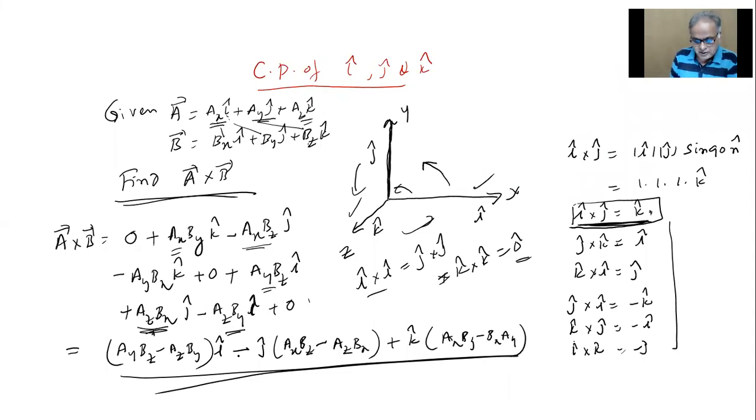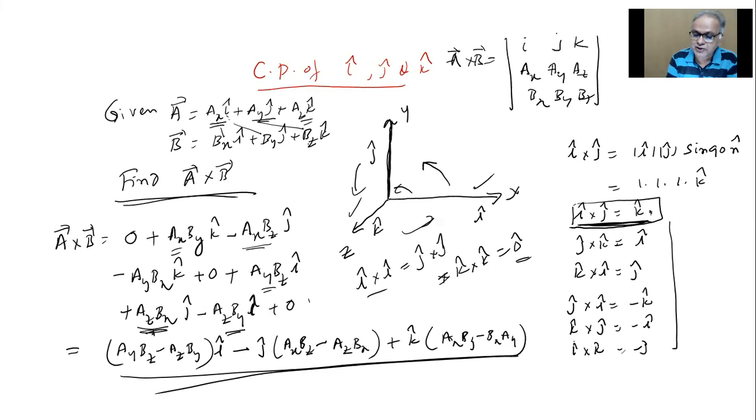All right, but it looked a little tedious, isn't it? In the beginning, I do it like that because you need to know where it came from. But in mathematics, there's a simple way to write it. A cross B equals i, j, k. Even this you need not write once you're comfortable, but when you want A cross B, write A components first and then B components next. If B cross A, B components first, A components next. And this is called a determinant. So the expansion of this will give you this.